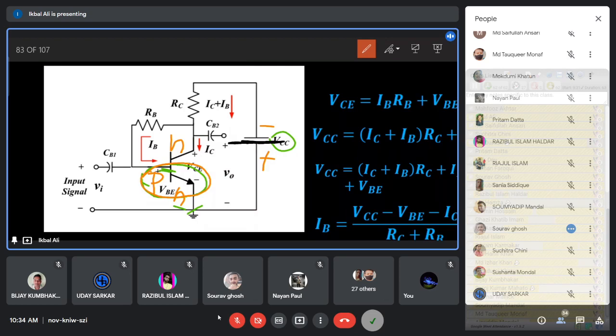And also you see now, after you have reversed the VCC, the negative polarity is now connected to the N collector. So this collector-emitter PN junction will be in the forward bias.